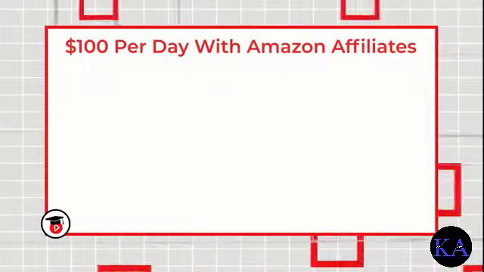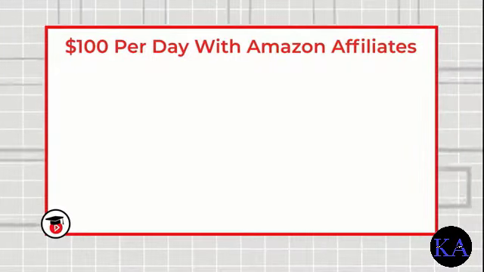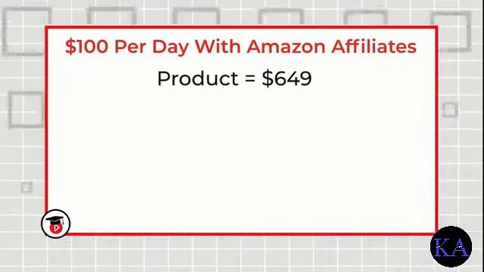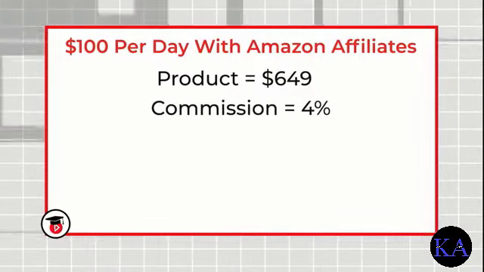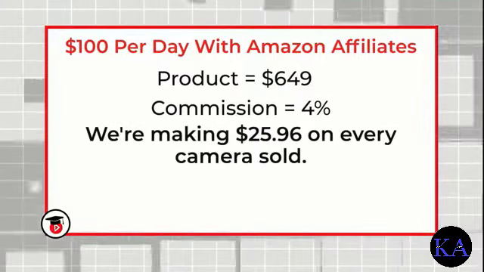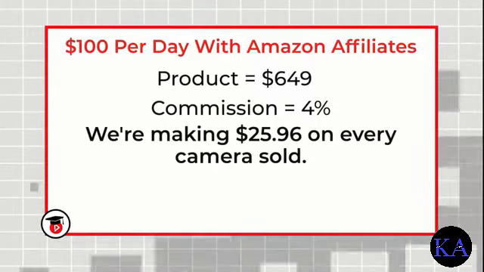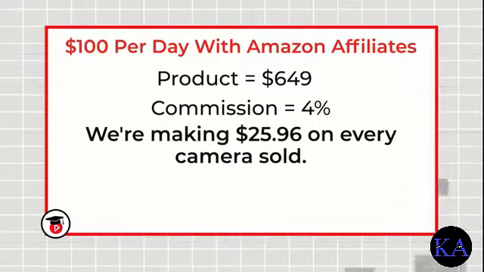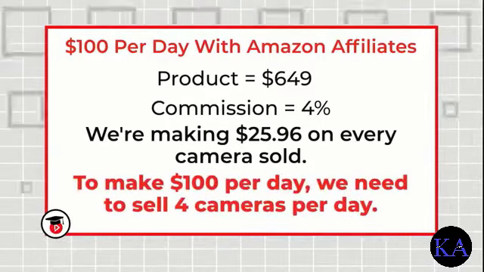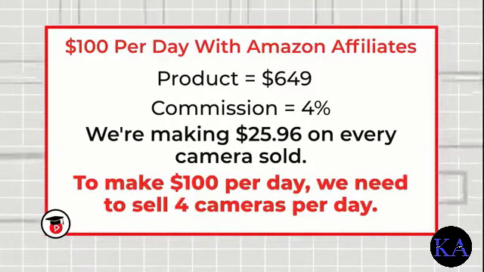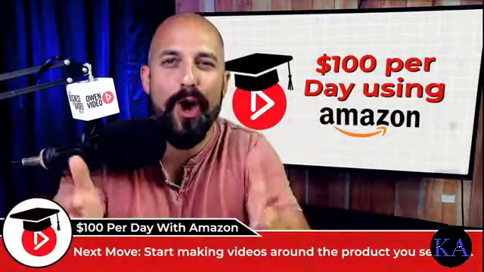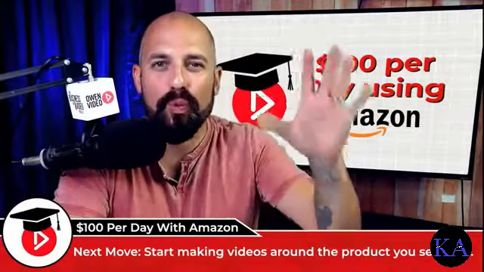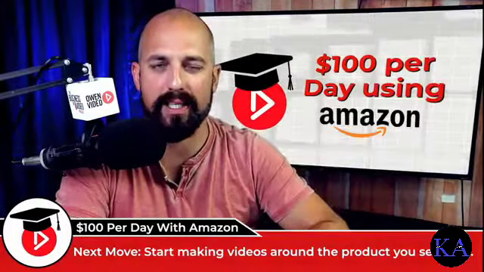For example, if we're selling a camera worth $649 and our commission is 4%, then we're making $25.96 on every camera that's sold. In order then to make $100 on YouTube with your Amazon affiliate link, you only need to sell 4 cameras per day. So what's your next move? Well, the next move is to start making videos around the product that you've selected. It might be a